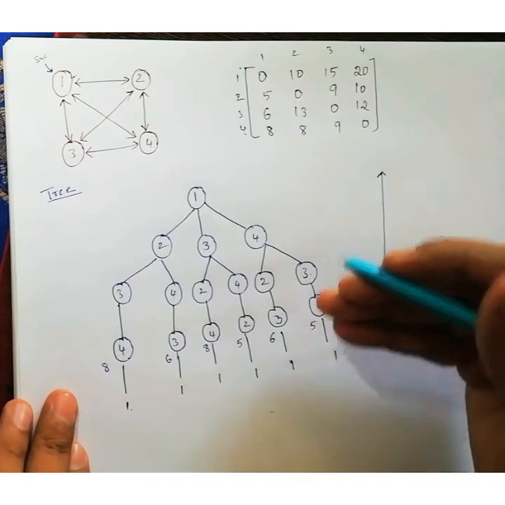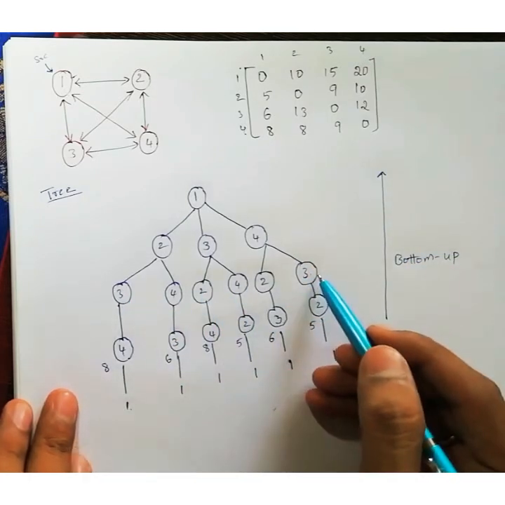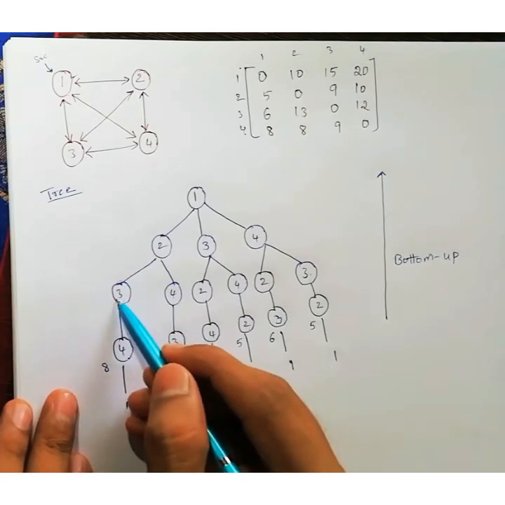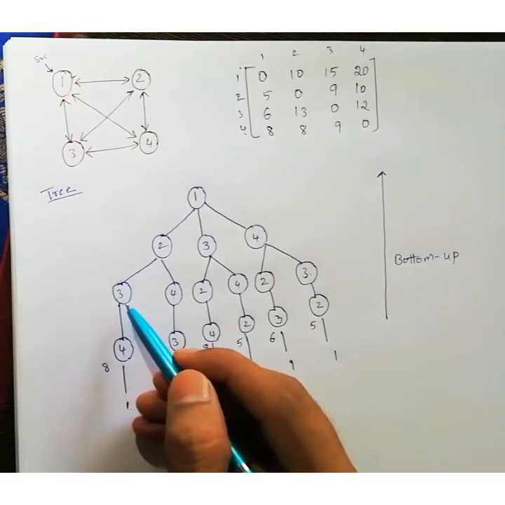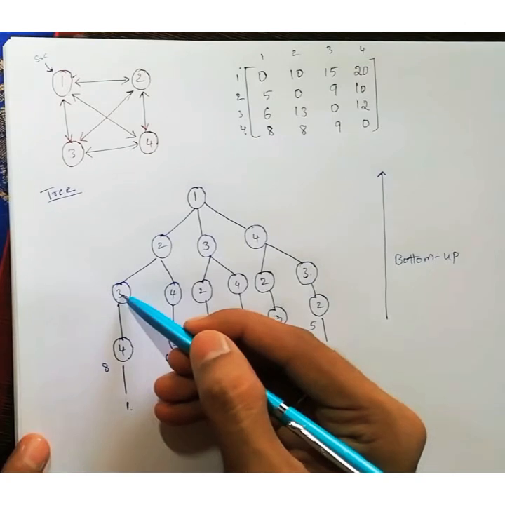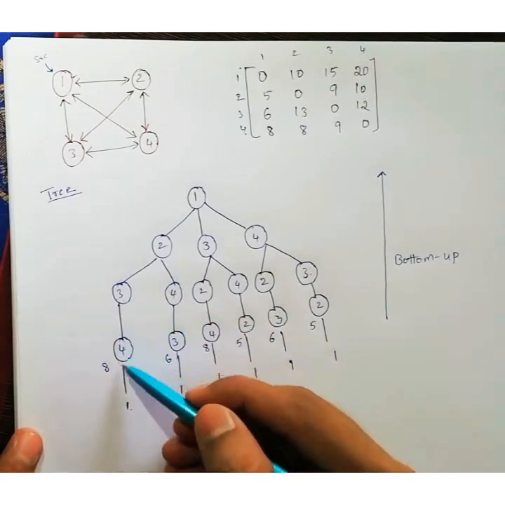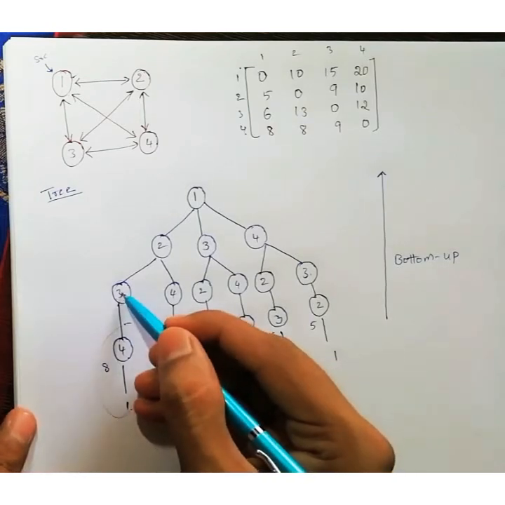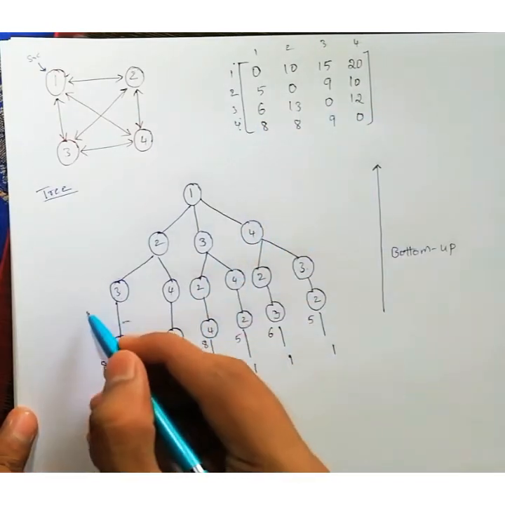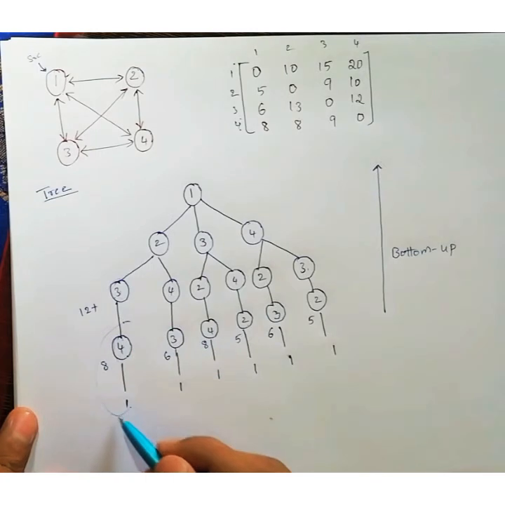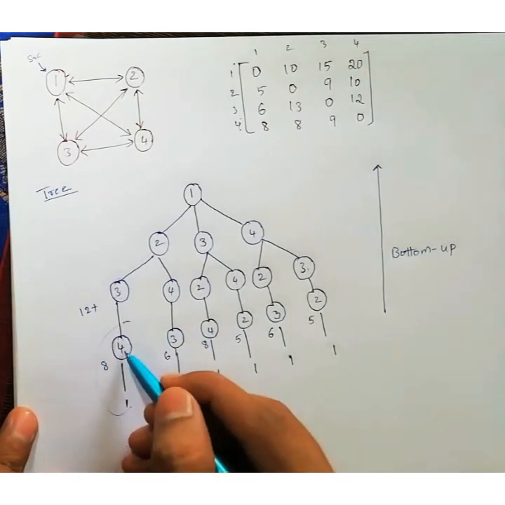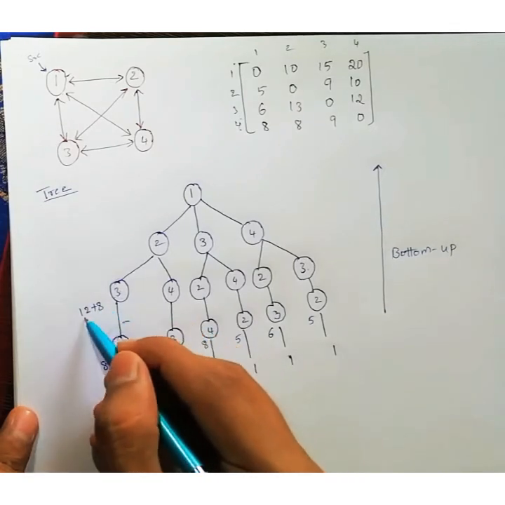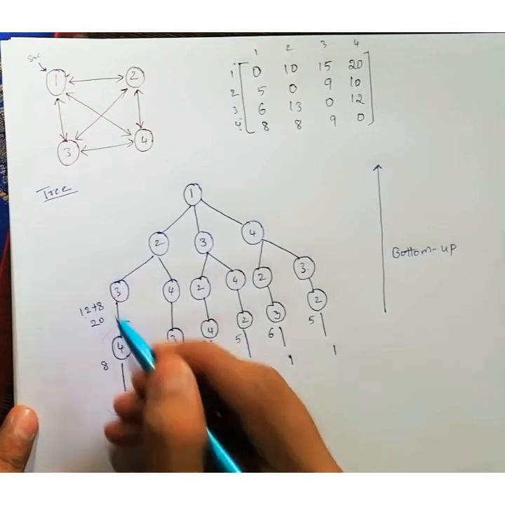Go to the upper level, that is this level. Okay, I will solve this level. That means I have to find the cost of this. To find that, I have to take the distance from 3 to 4 and the total cost of this subtree, right? Do you understand? So what is the distance from 3 to 4? 12, plus the total cost of this subtree. This is not only one vertex; here we have one more initial also. This subtree is 8. So total 12 plus 8, 20. So this is the cost of 3 now.